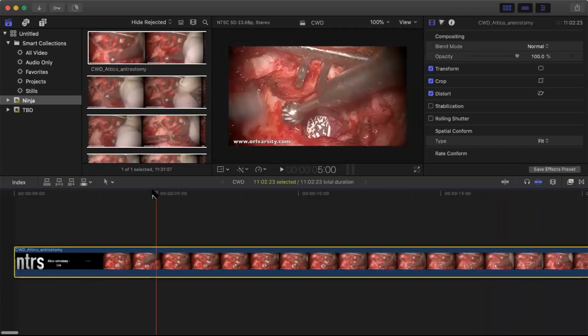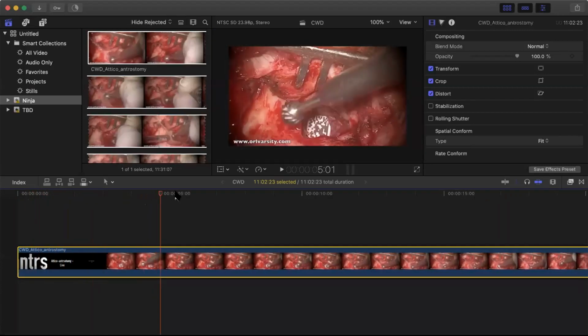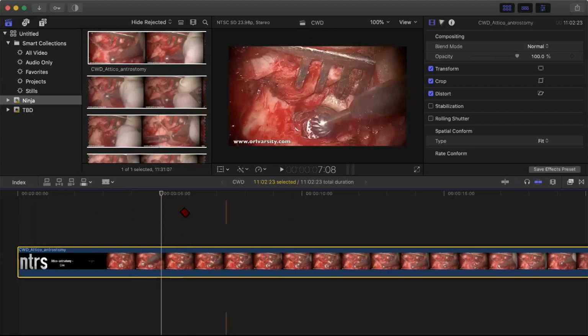If you want to cut, you should play the video and note the timings in the timeline. On the top of the timeline, there is a timing, per 5 seconds, 10 seconds, 15 seconds, like that. So you can place your cursor here at the timeline. In this software, the cut is known as the blade. You put a blade onto that tape, so you cut with the blade. So I will just click the blade option. You can see the blade sign appeared.